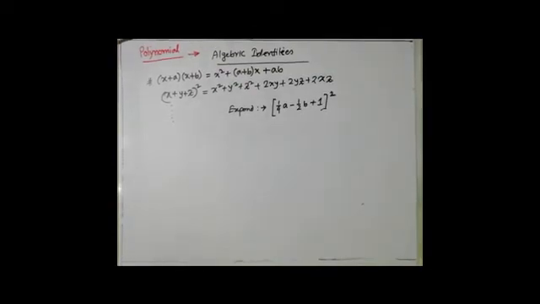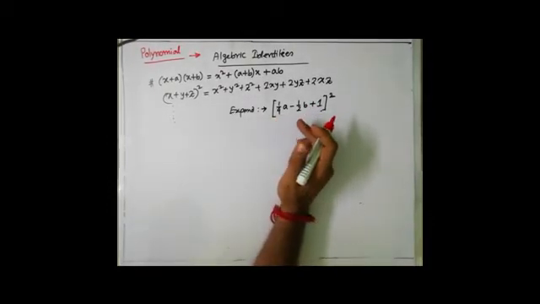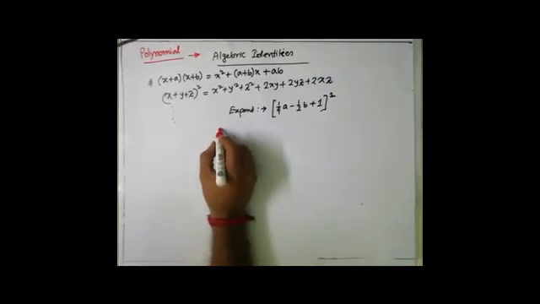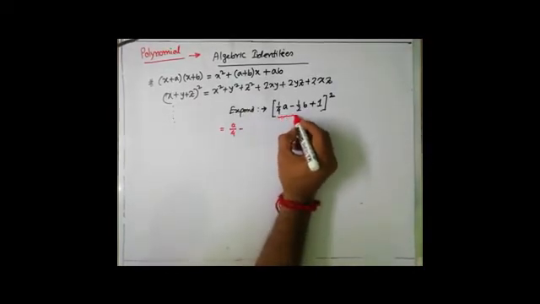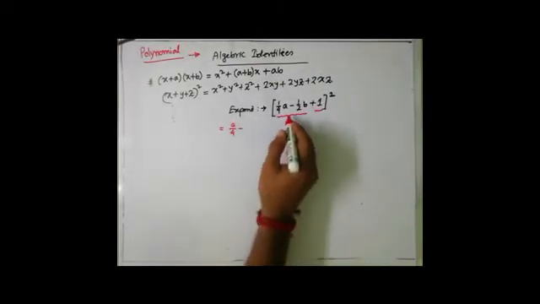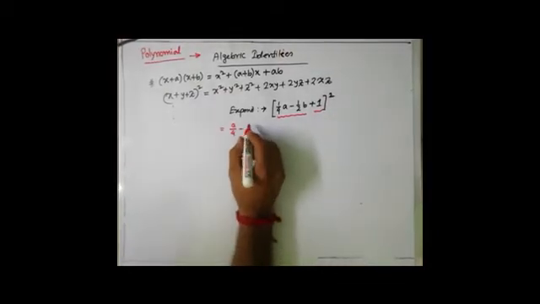So how can it be done? It's very easy. Just consider any two terms as one variable. It can be assumed as x or y or z. I am splitting that expression in this manner. You can choose a different one also, like I am taking this part as one term and this part as the second term. So it can be split like (a plus b) or (x plus y) whole square.